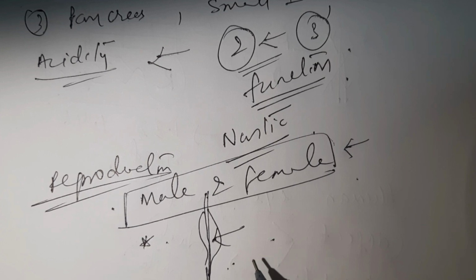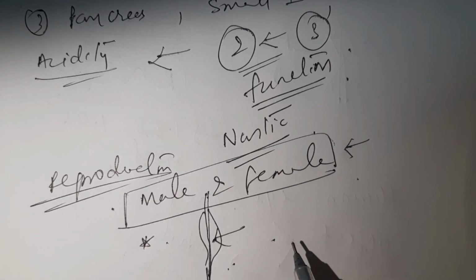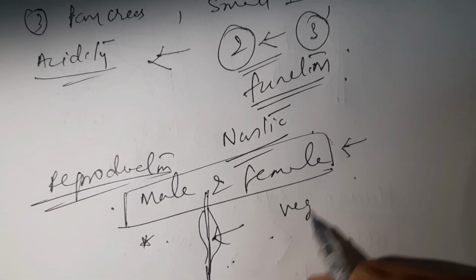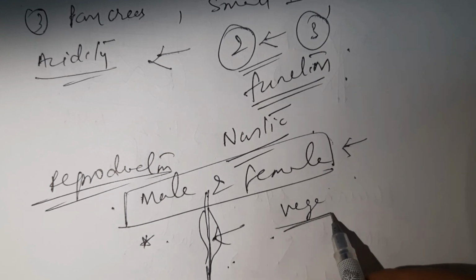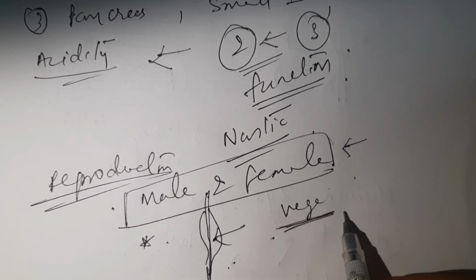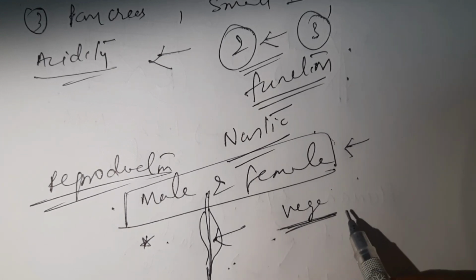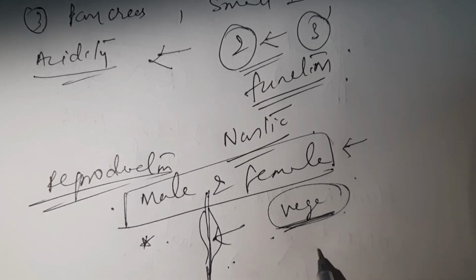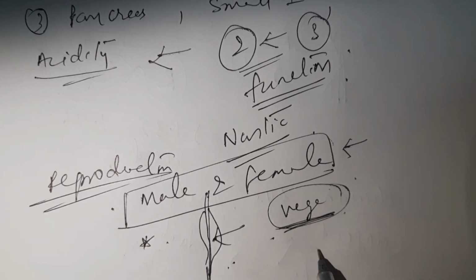And the next one, all the types of asexual reproduction. Then what are the advantages of vegetative reproduction? What are the disadvantages of vegetative reproduction? Or they can ask only about the advantages. So that question also you need to prepare, vegetative reproduction. Then